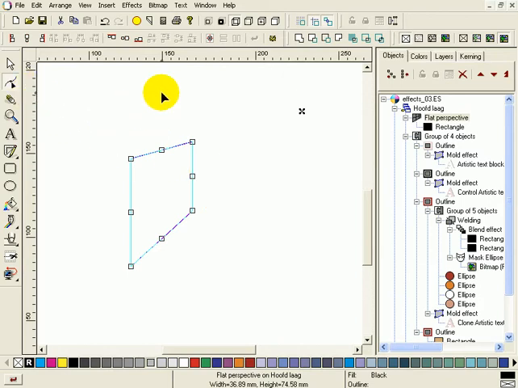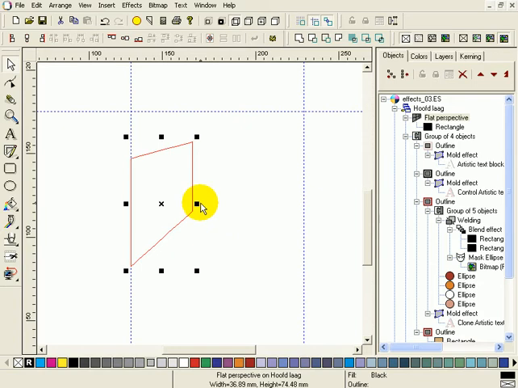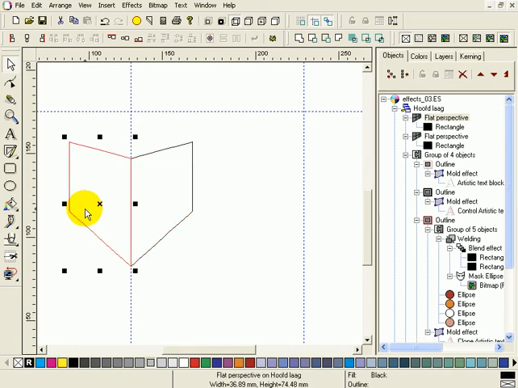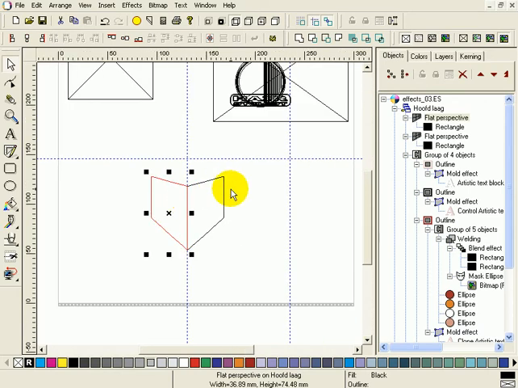I think this is alright by now. I'm gonna set a guideline here and a guideline there. Gonna click the vanishing point on the crossing of the guidelines, and I add a guideline over here. With the Ctrl key pressed, I'm going to flip this one over its axis. Click once on the right mouse button to leave a copy behind. And I'm going to copy this vanishing point to here